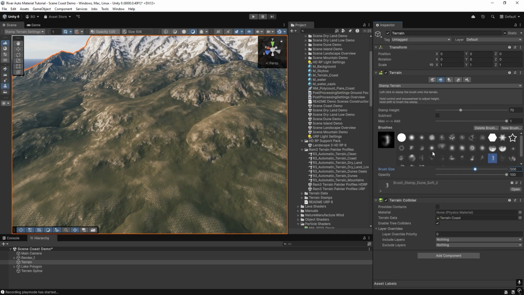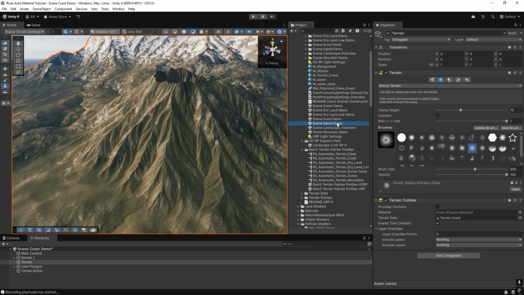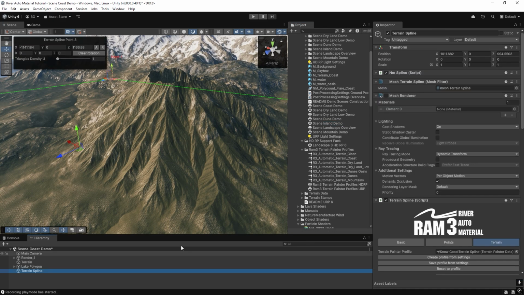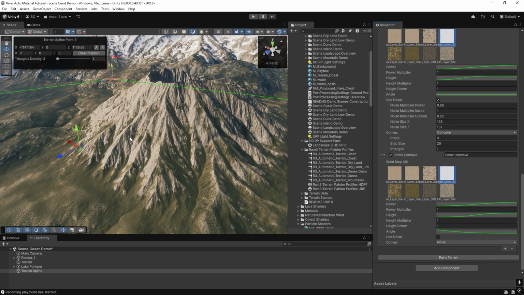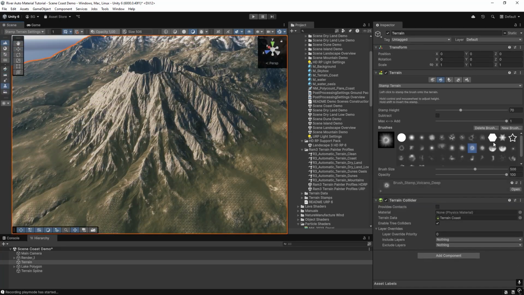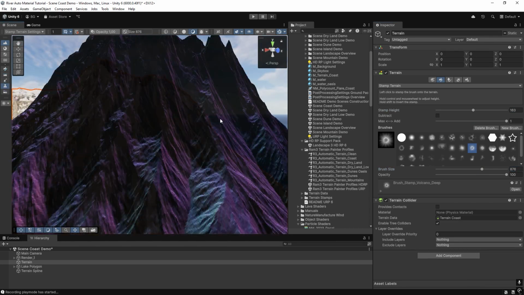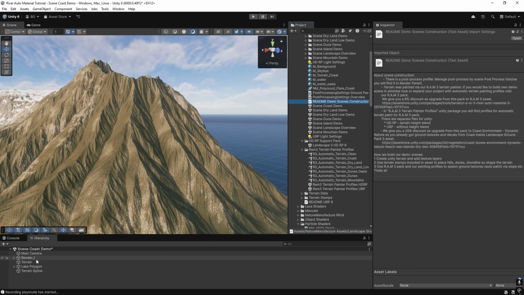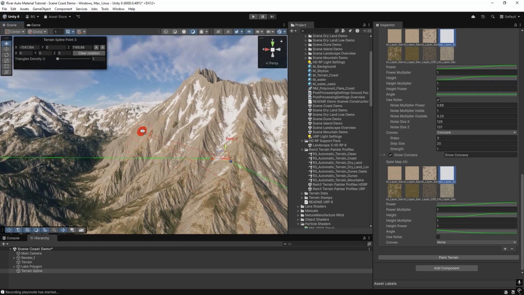Maybe not the dune. Maybe it could be a volcano in the middle. And now if we click repaint, we get it painted. If we place a higher volcano and we repaint it, you see,